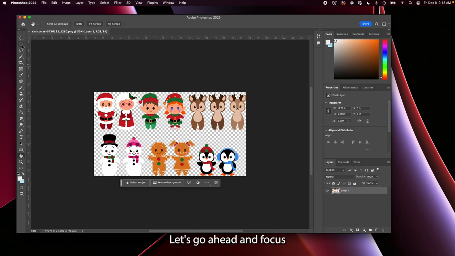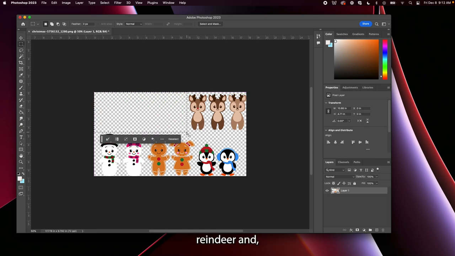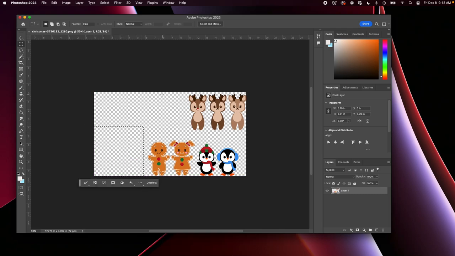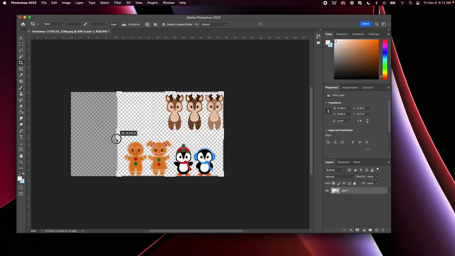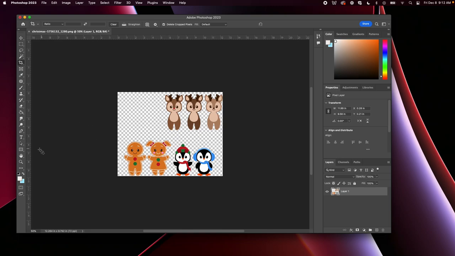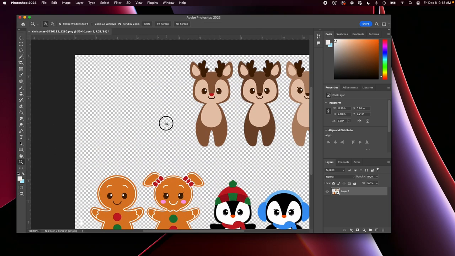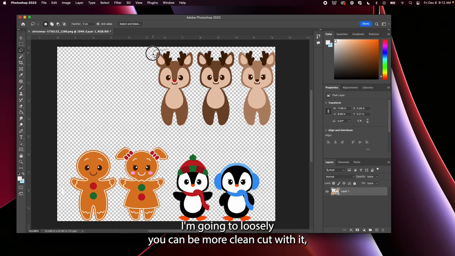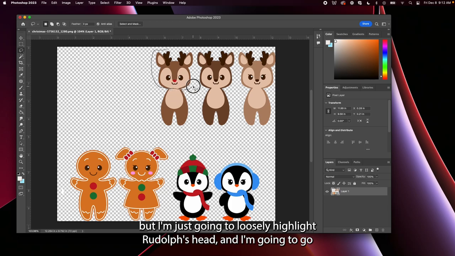Let's go ahead and focus on these adorable reindeer and penguins and gingerbread people. Rudolph character. I'm going to loosely, you can be more clean cut with it, but I'm just going to loosely